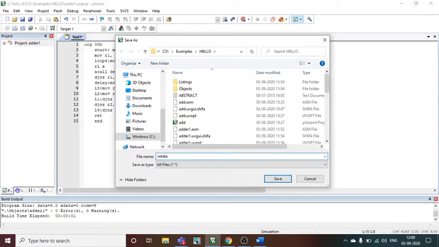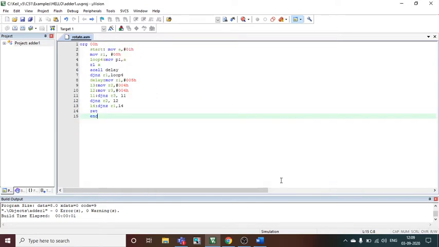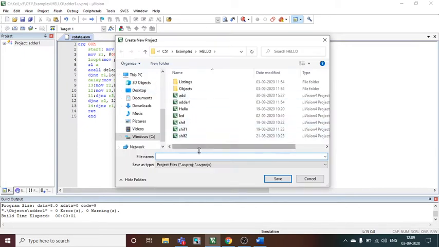But this time I will be saving it using dot ASM only, and then I will be pressing Save. Once this is done, I have to go to Project, New uVision Project, and I have to save it again with the same name, and I will be saving it.